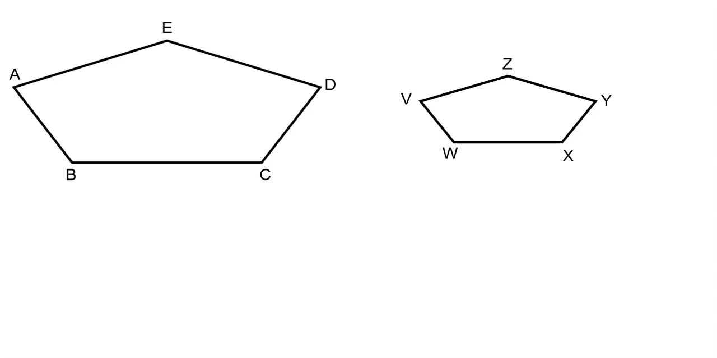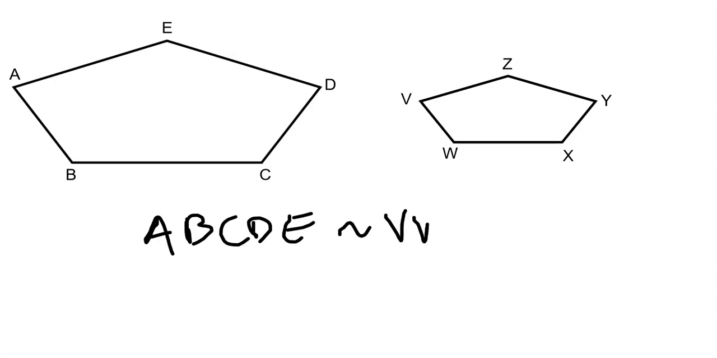So ABCDE is similar in this case to pentagon VWXYZ. And if we were going to name them, we can start with any vertex in ABCDE, and as long as we start with the same vertex in VWXYZ and move in the same order around the shape, that we still have named similar shapes. So the most basic ones here are that ABCDE is similar to VWXYZ. They're intentionally set up so that their orientation is the same and it's easier to see